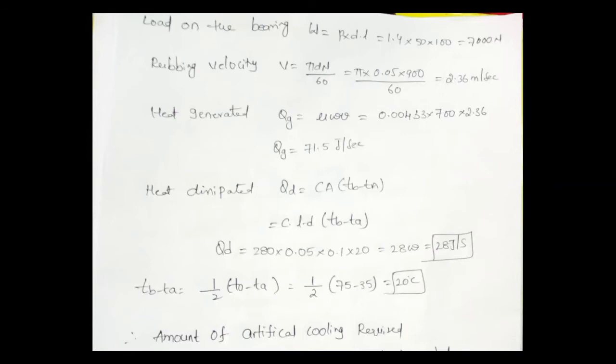So it is pi d n by 60. Please try to verify in your given problem whether the d value is given and the n value is given. If it is given, directly substitute. So almost the problem is over. Here the rubbing velocity formula is V equal to pi d n by 60. The d value is known and the n value is known, so please substitute those values of d and n. You get the value of 2.36 meter per second.